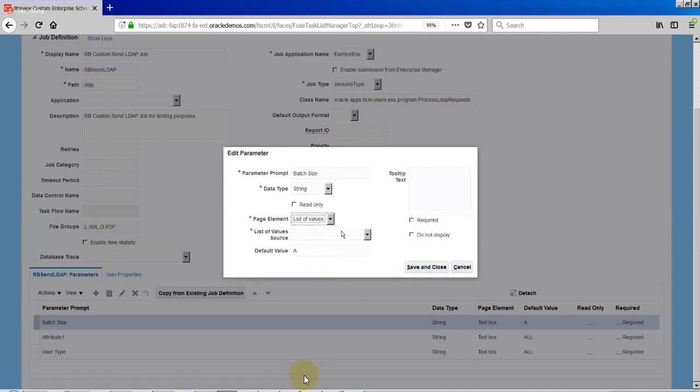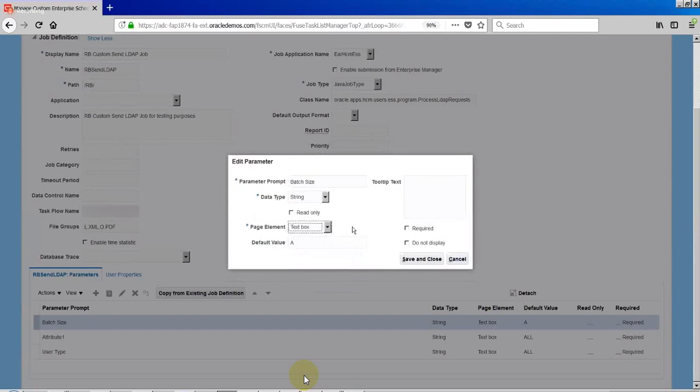When you say list of values, you have to give the list of value source here. Choice list in the sense drop down, I think. Yeah, list of values is LOV, and choice list is a drop down. Is it clear? Voice was clear? Now it is clear.